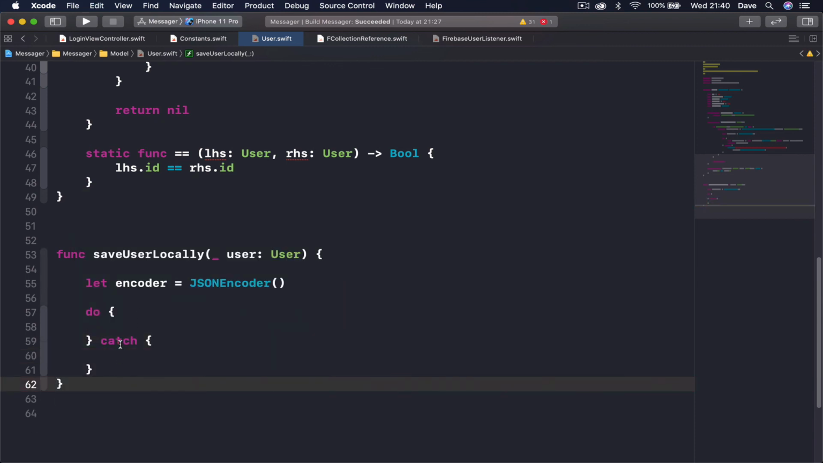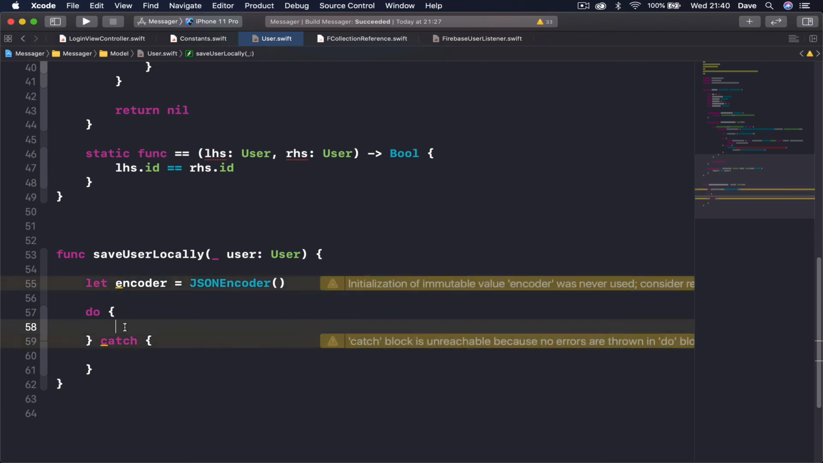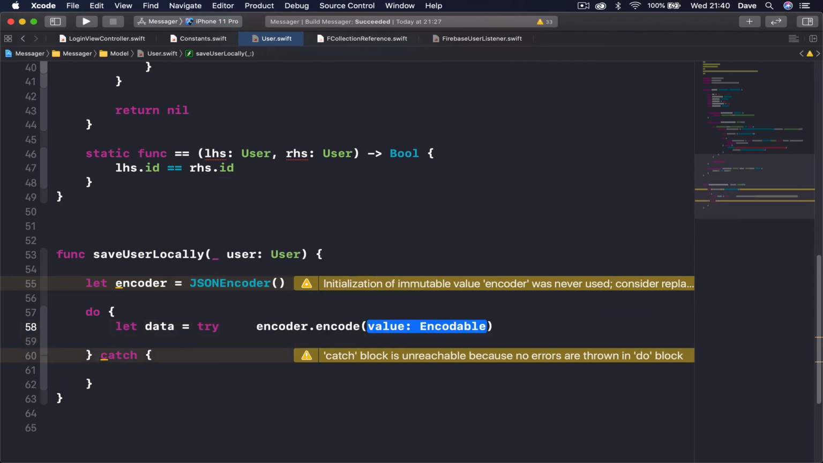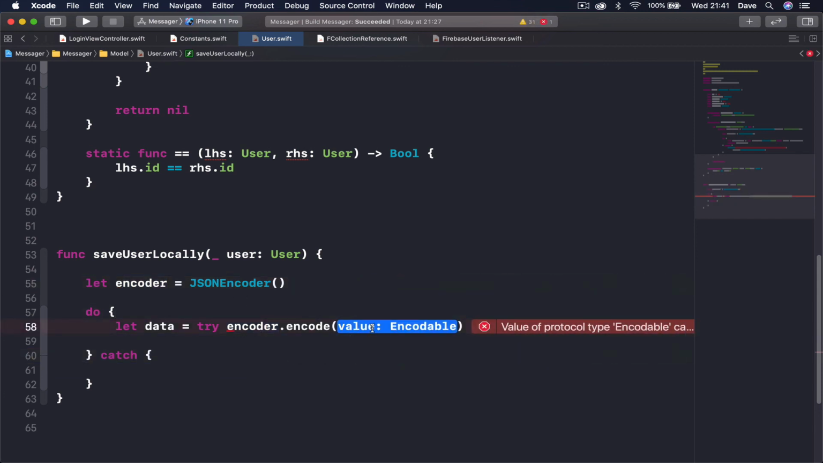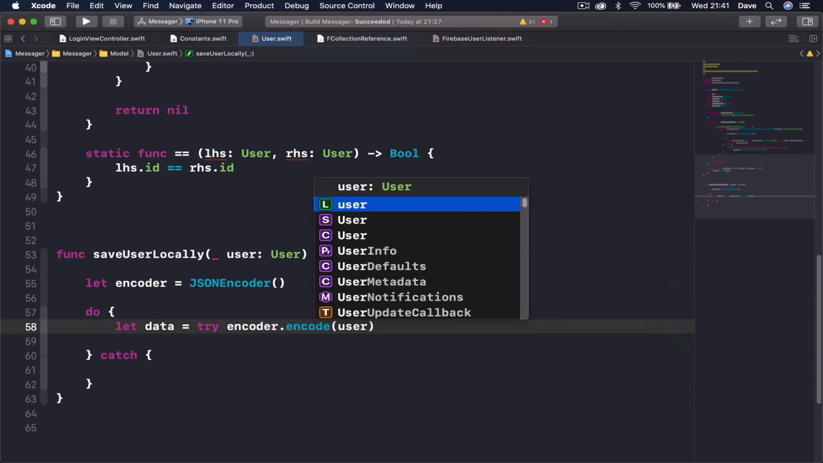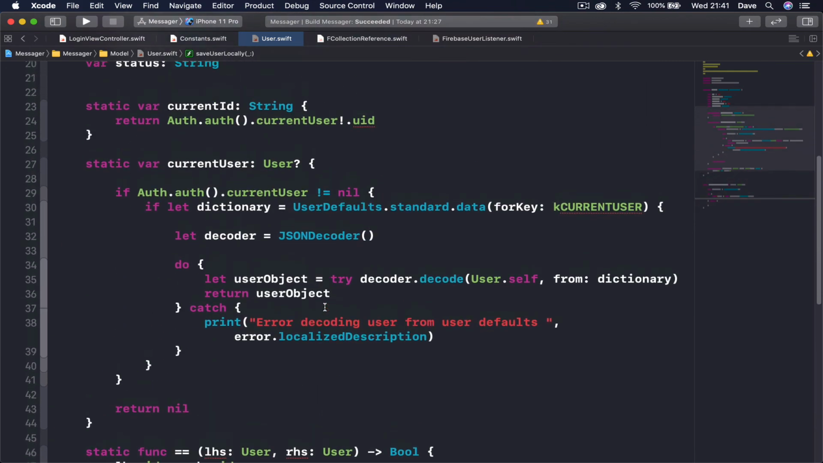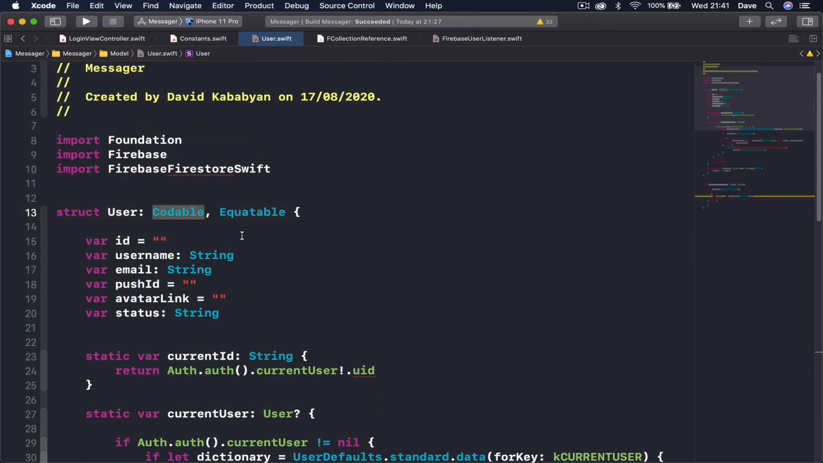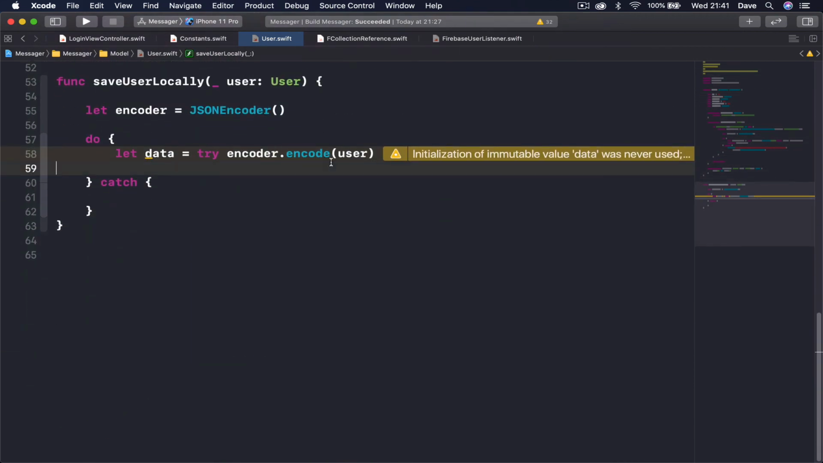And then we are taking this and putting it into our do, and I'm going to say let data is equals, and we're going to try to encode our user. So we say encoder encode, and then we pass our user object. And the reason we can encode this is because our user object conforms to the Codable protocol. It gives us an opportunity to take our user object and convert it to JSON using our JSONEncoder. Once we get access to the data, then we can say